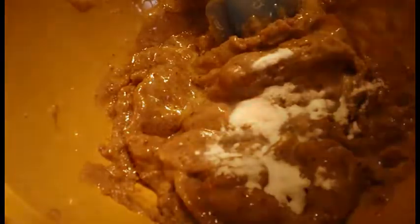But again, the interesting thing about this diet is the fact that it is calorie unrestricted. I'm eating as much as I want, and I'm still actually losing weight on it. This is baking soda, half a teaspoon, and then some salt, a little pinch, and here's my incredibly scientific method